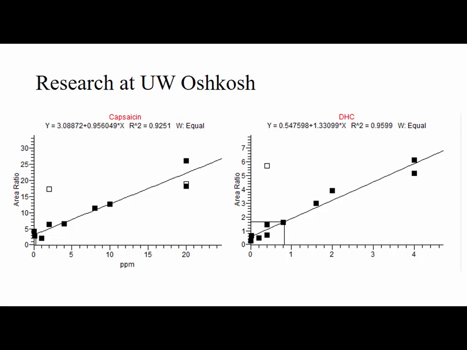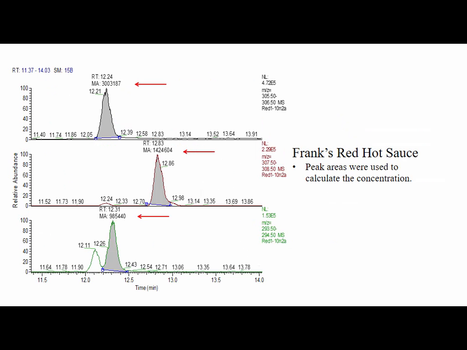All right, so this is our standards graphs that were prepared. As you can see here, we have our equation for capsaicin and dihydrocapsaicin. Something else to note too is you'll probably notice that our concentrations don't go very high, even though we prepared higher concentrations. This is due to the fact that our standards curves did actually start to level out based on just the abilities of our mass spec. So what we did is we lowered our range and based it on smaller concentrations, and we'll talk about how that affects our research a little bit later.